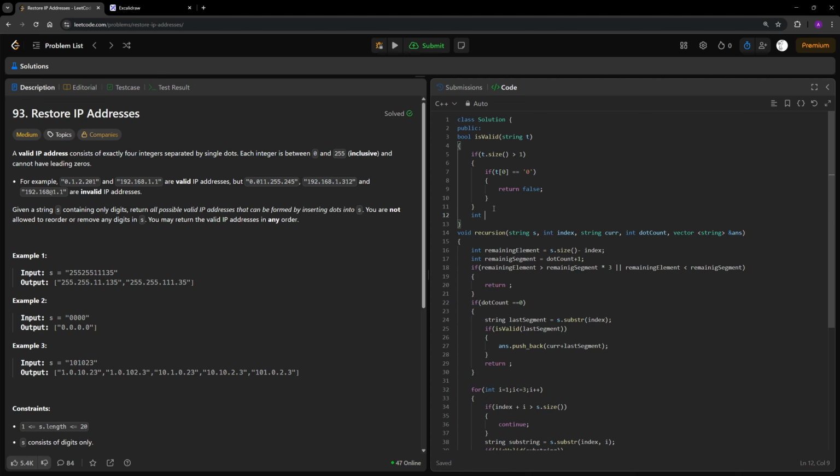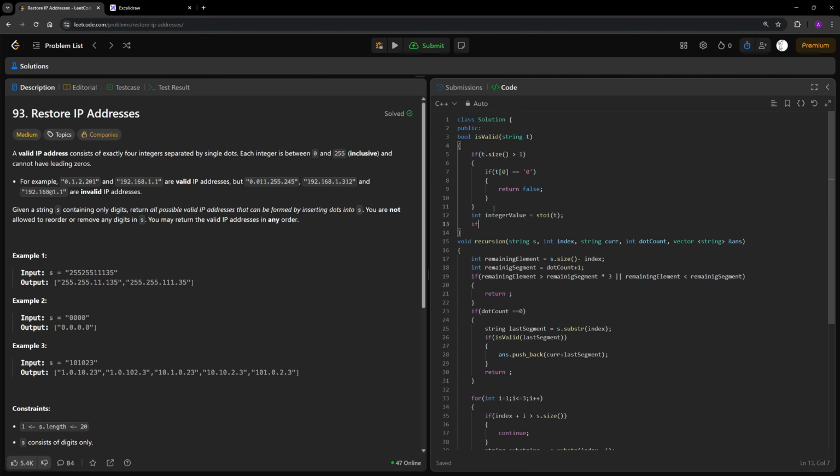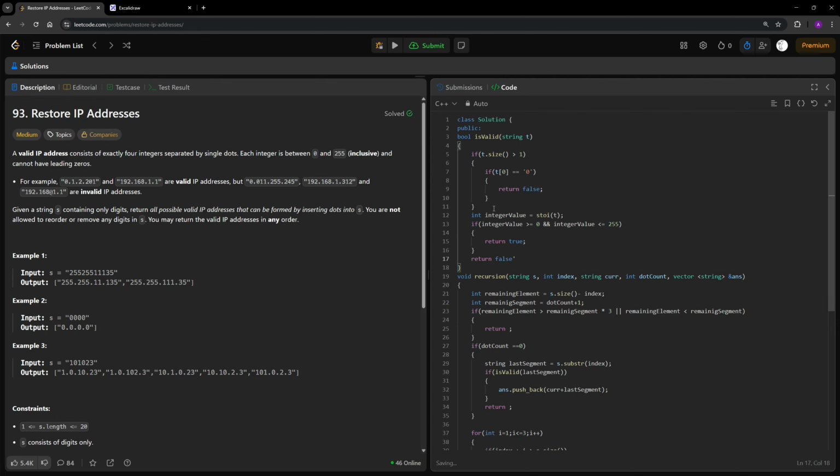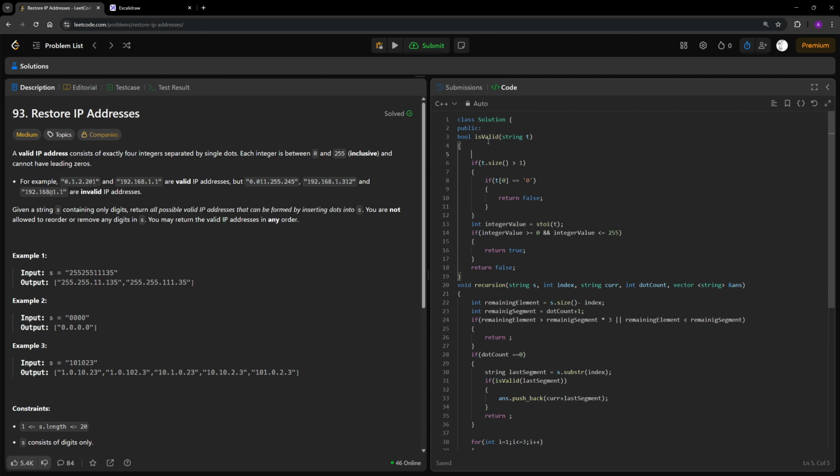Otherwise we need to do some operation also, guys. Integer value, let's say that s2i से integer value निकाल रहे हैं इसका, return। अभी अभी देखना कि इसमें कैसे करेंगे, एक और operation कर सकते हैं इसमें। If integer value is greater than equal to 0 and integer value is less than equal to 255, तो return true कर देंगे, नहीं तो return false कर देंगे। But note guys one thing also, just for